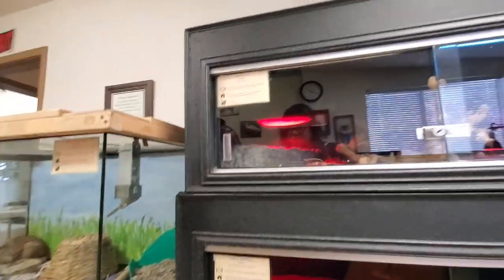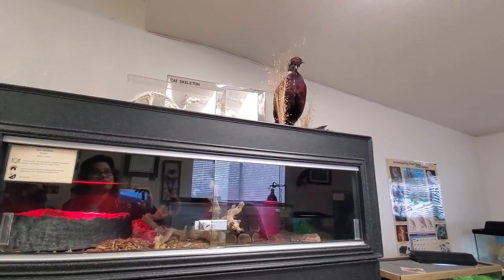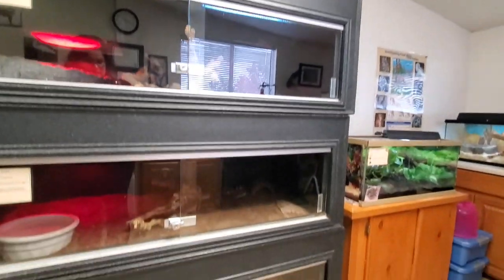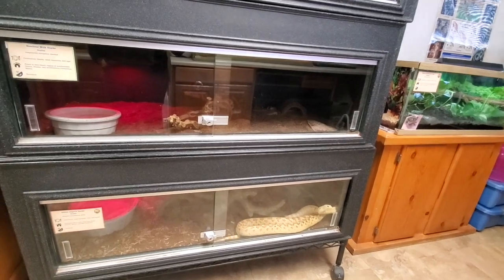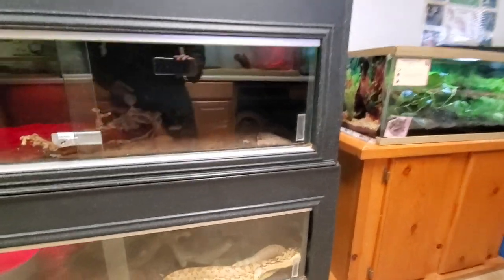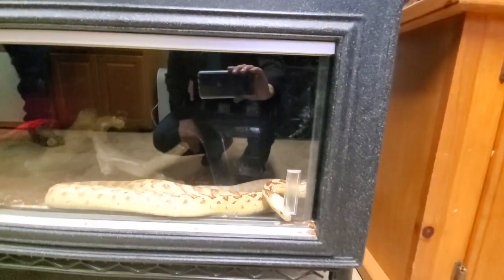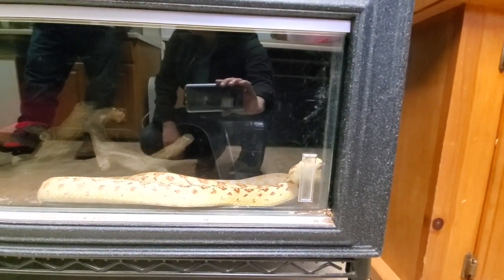The animals that are indigenous to the area are the ones that you saw in that corner over there. These animals here are ones that we use for educational purposes. The main thing that we do here at Hidden Valley is educational programs for school-age kids. That's what we do during the week, and then we're open to the public on Saturdays. So these are the ones taken out and shown to the kids? Are they actually taken out of their...